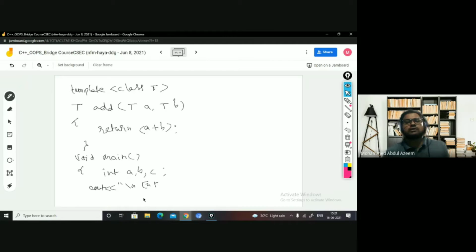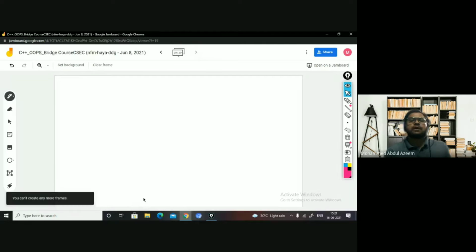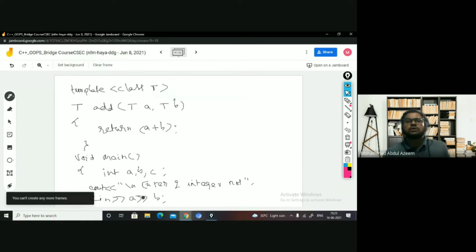Enter two integer numbers, and you will be reading here A and B, right?